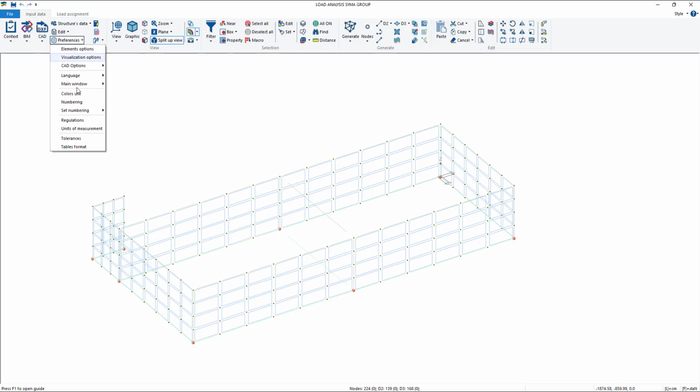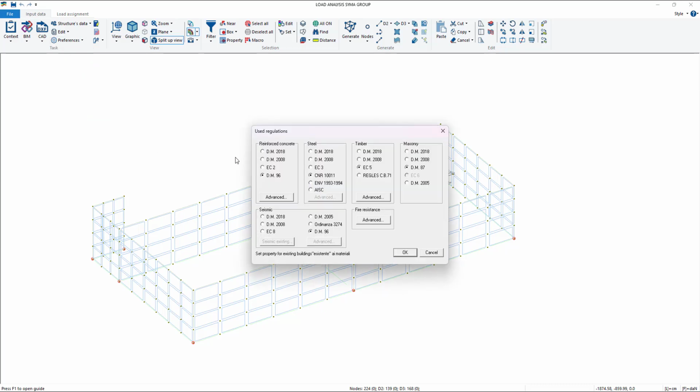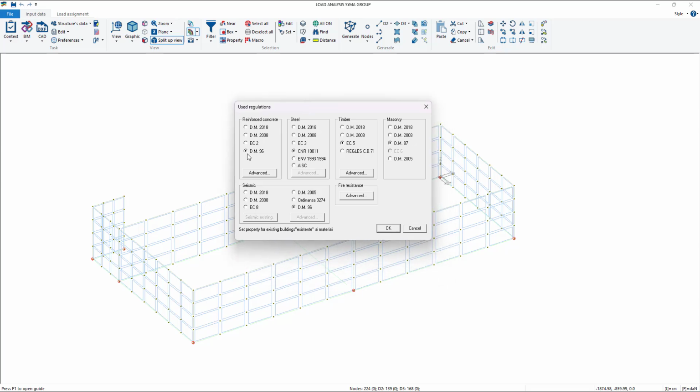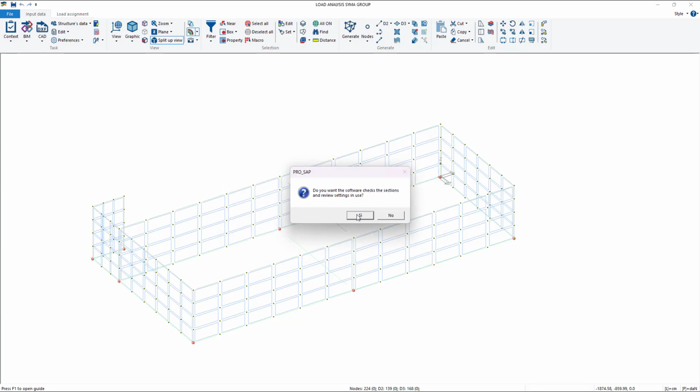Let's go on input data preferences, normative regulations. Okay, so I see that it is set to DM96. I don't know why. Basically, if you use the DM 2018, especially here, and you go OK, yes.